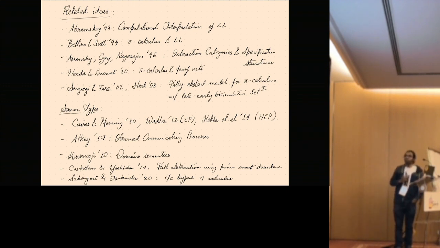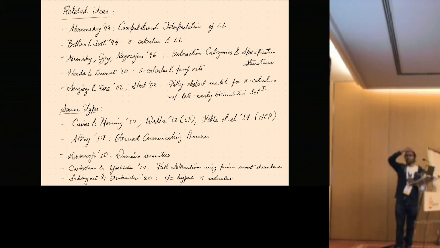So before session types were invented or were mainstream, I think, people were trying to take the pi calculus and find a correspondence with linear logic, and Bellin and Scott was one of the important ones, and I think